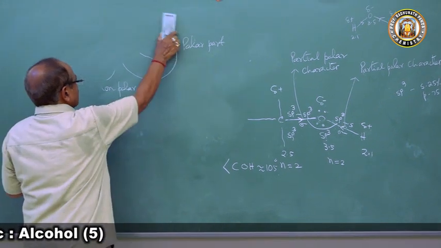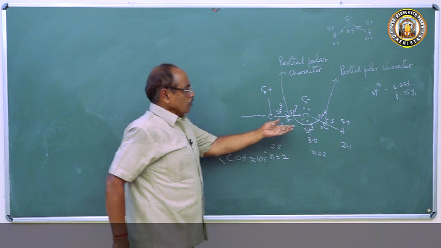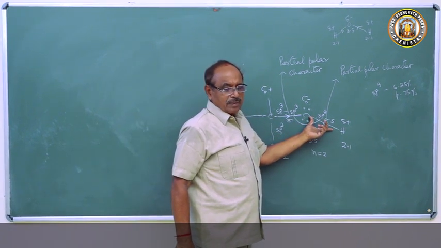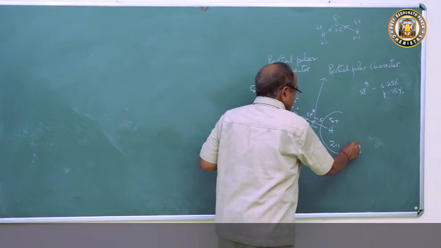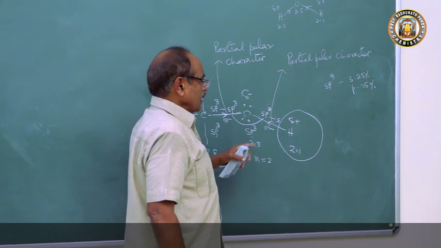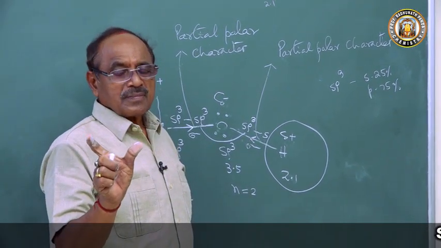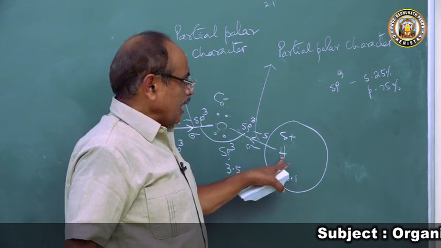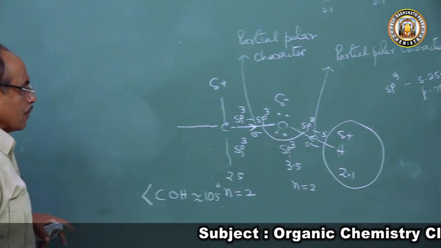Then if you think like this, in alcohol the OH bond is a partially polar covalent bond. So this hydrogen atom looks like an acidic hydrogen atom. So this bond can undergo cleavage of the OH bond, giving reactions involving the active hydrogen atom. So what types of reactions will alcohols undergo?